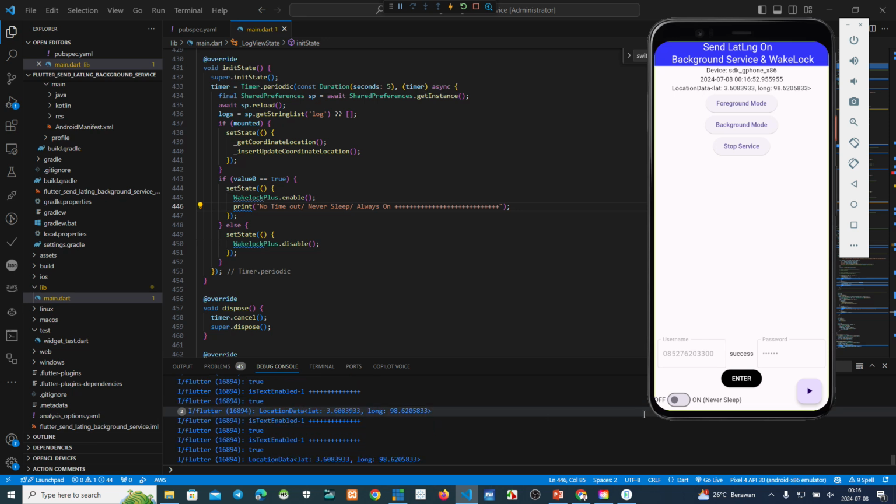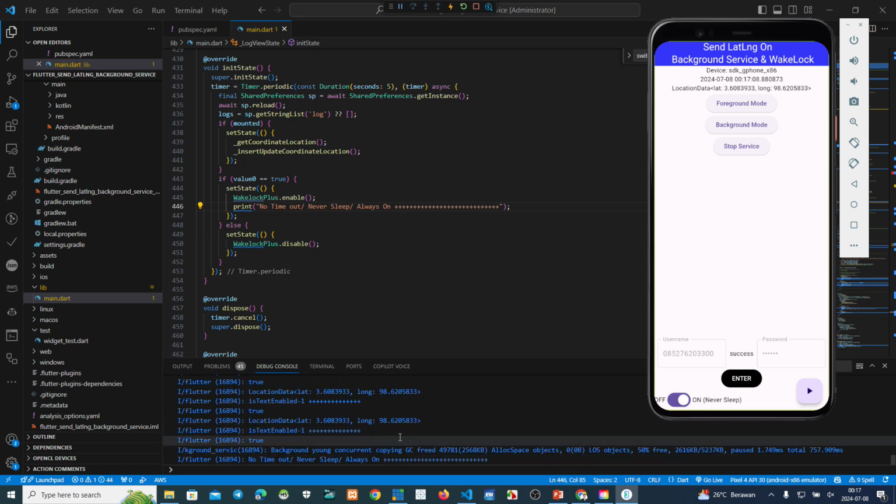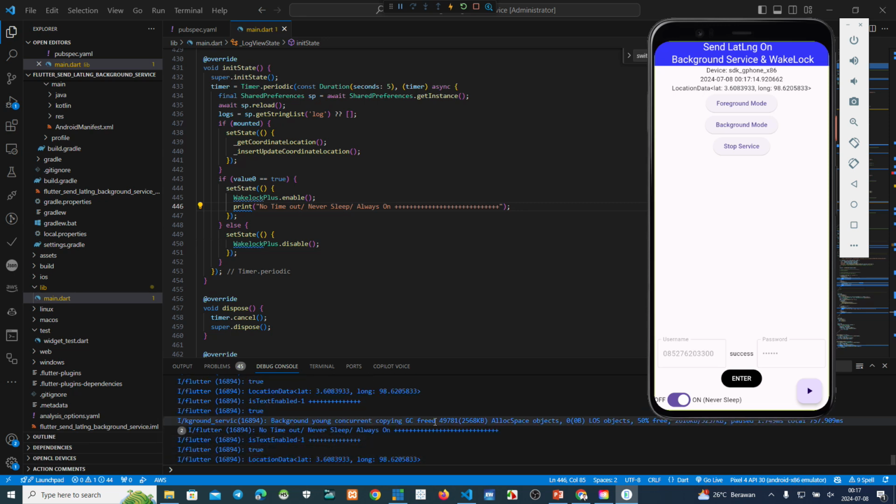You can see this one after the plugin is on. Okay, on. You can see this one. No timeout, never sleep.